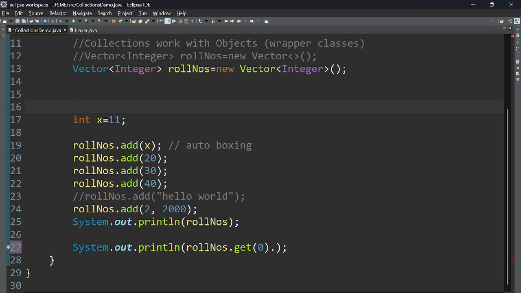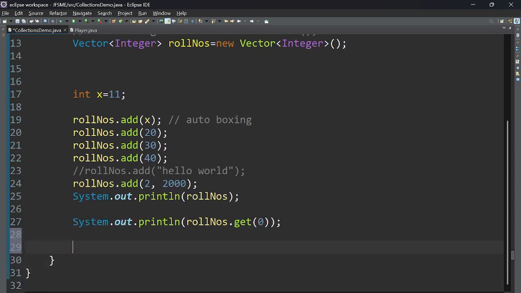Now the next thing I would like to add here is that the values I'm directly adding are 20, 30, 40 and so on, right? So now I will try to make use of a remove method. Let's see what happens if I use a remove method on an Integer type collection, and with that we will learn one more important point. So here I will use rollNumbers.remove,